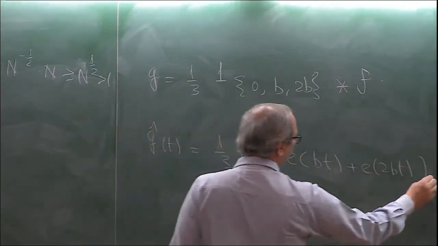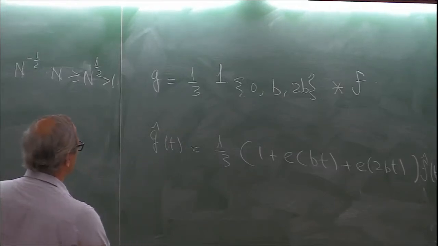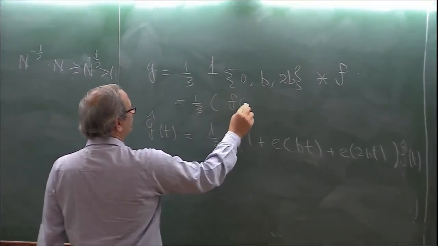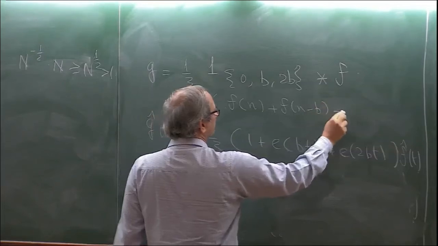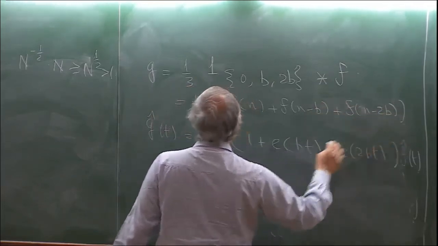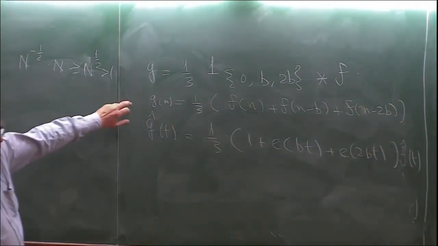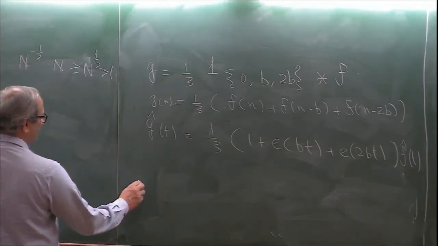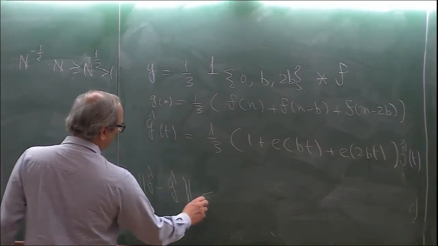So the Fourier transform is f hat t. So this is actually 1 by 3 times f of n plus f of n minus b plus f of n minus 2b. So g of n is this, okay? And g hat t is this quantity, and then your f hat minus g hat